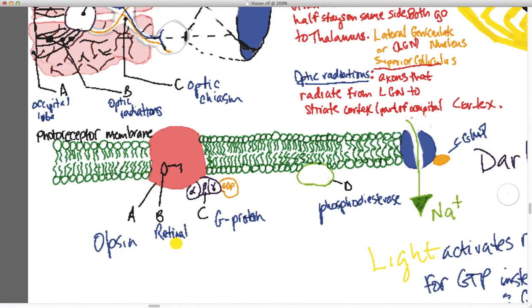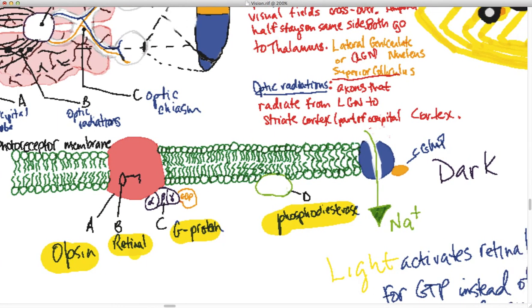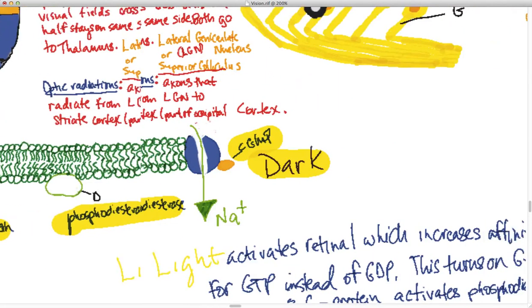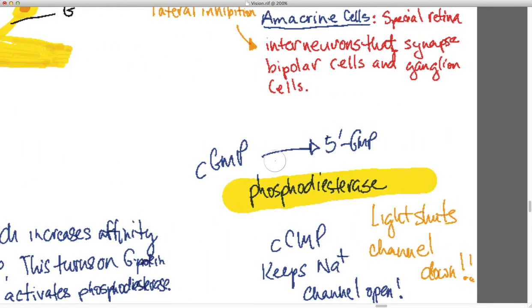Okay? And what's going on is this is the way light's processed. And you have these players: opsin, retinol, G protein, and phosphodiesterase. Basically what happens here is there's a compound called cGMP, cyclic guanosine monophosphate. You can see why they call it cGMP, but it's basically a cyclical molecule that has a specific shape that fits into this channel and keeps it open in dark times. This is dark, okay? And then when the stimulus hits it, it activates the retinol, then the G protein, which wakes up the phosphodiesterase, which starts chopping up this cGMP. Okay, phosphodiesterase. Its role is to take cGMP, which is the key to open the sodium channel, and convert it to this, which no longer will open